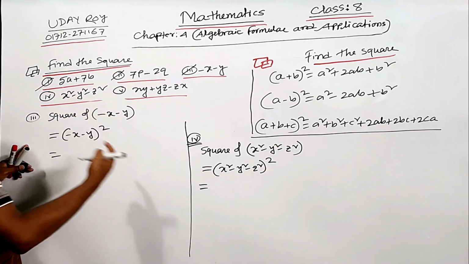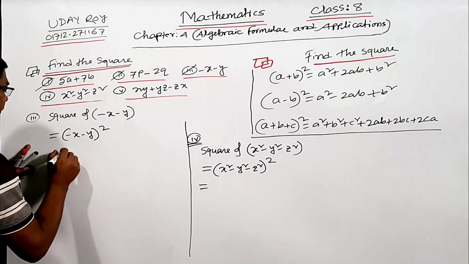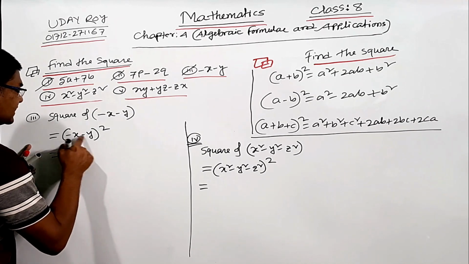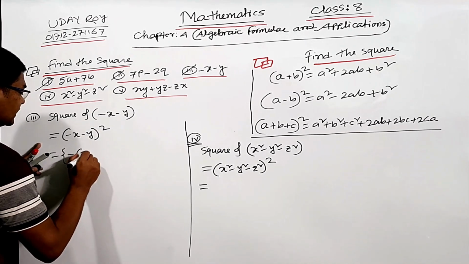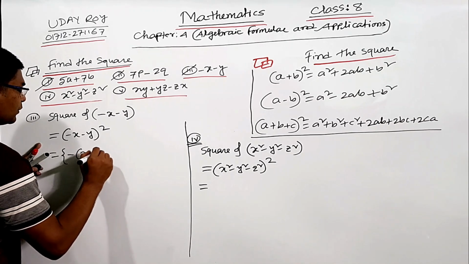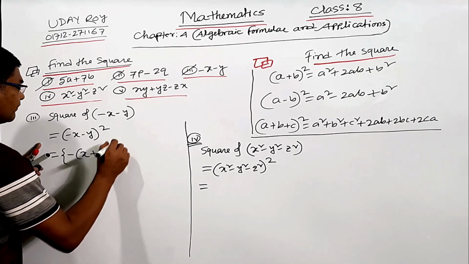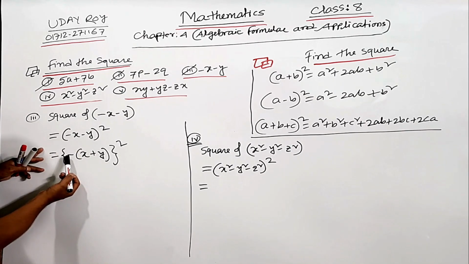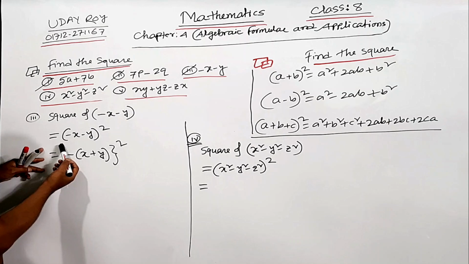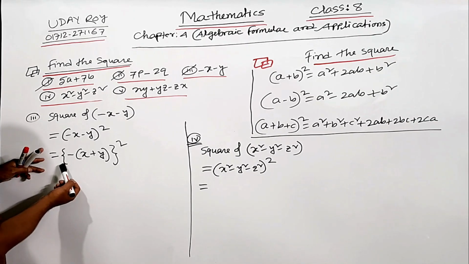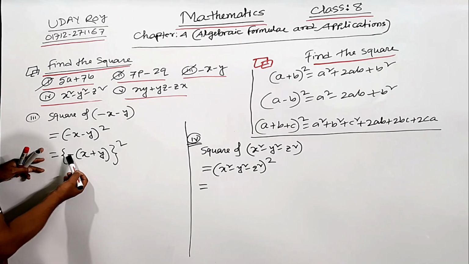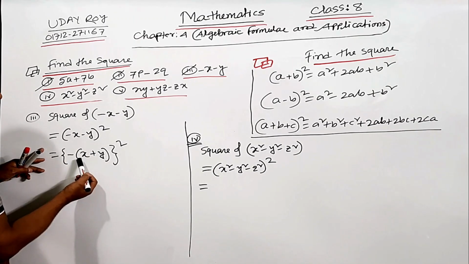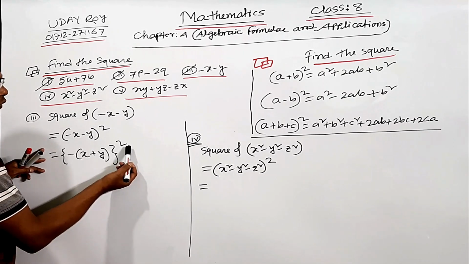So we will have to convert this pattern. So here, take the second bracket. Now here is minus, here is minus. So take common minus: minus into minus is plus y. Again you can see here is minus, here is minus. I have taken minus common. I have used the second bracket. So I have taken common minus, minus minus here is plus x, minus minus here is plus y. So we have got x plus y whole square.